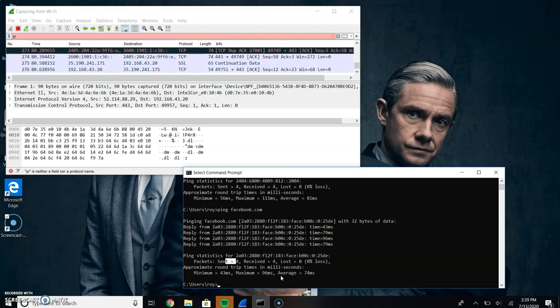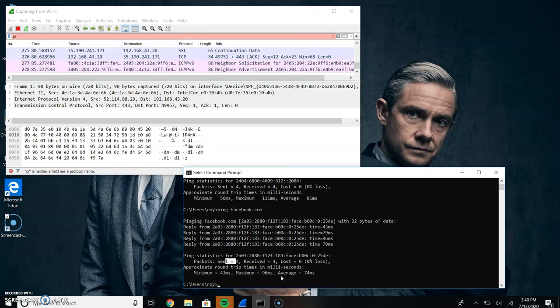So in this way we could make sure whether the given server is reachable or not, and many parameters can be captured with the help of Wireshark network analyzer.